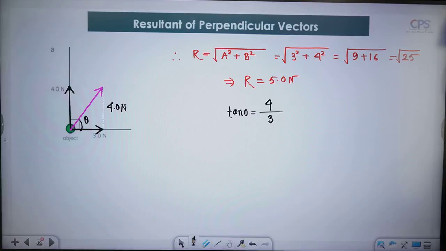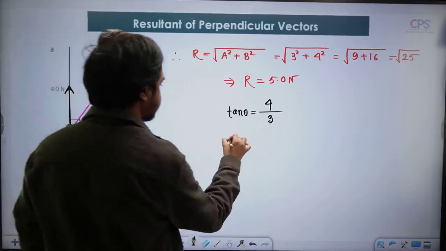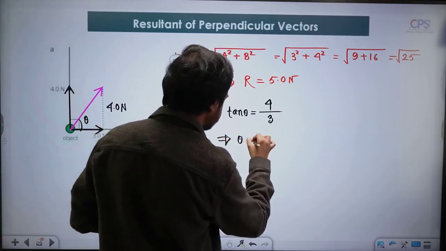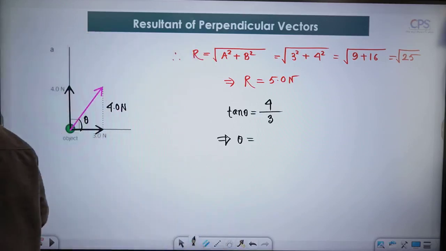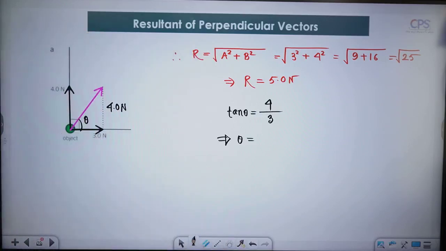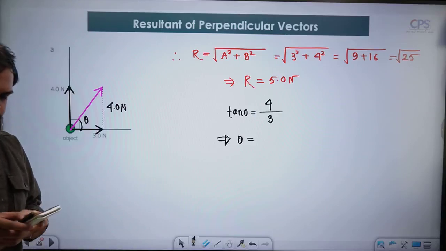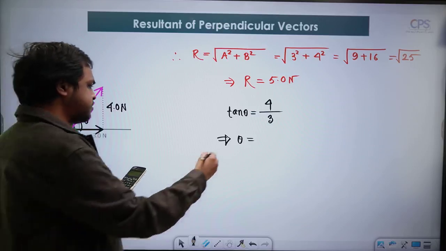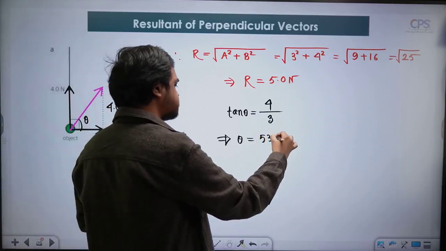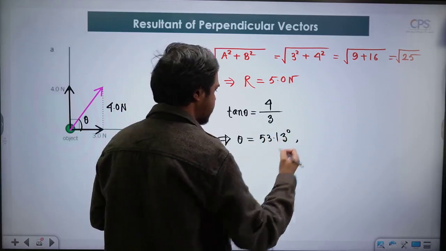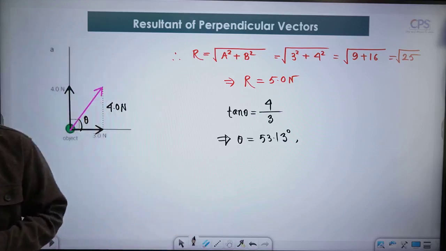You all know it, tangent, sine, cosine, whatever. So the theta is tan inverse 4 by 3. Let me check in my calculator what's the value of it. Theta is tan inverse 4 by 3, 53.13 degree. You have to specify with which one, okay, to be perfect, because in the exam you need to